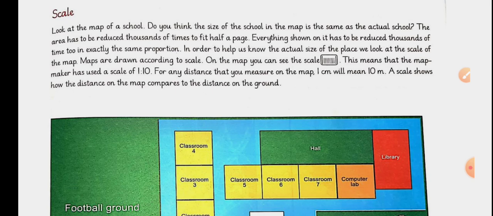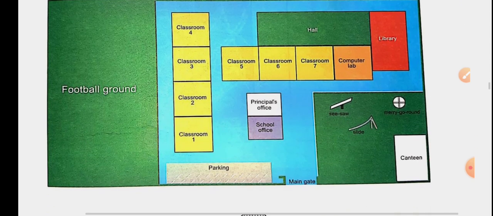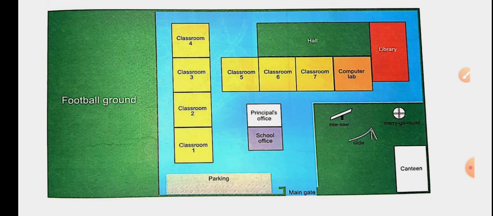For example, if you look at the map given below, it is the map of a school. Do you think a school building is this small? The answer will be no. A school building is usually a very large building. It has a playground, many rooms, offices, classrooms, canteen, and many more things. But since we are making a map on a piece of paper, we have a limited amount. We cannot make a very large amount.